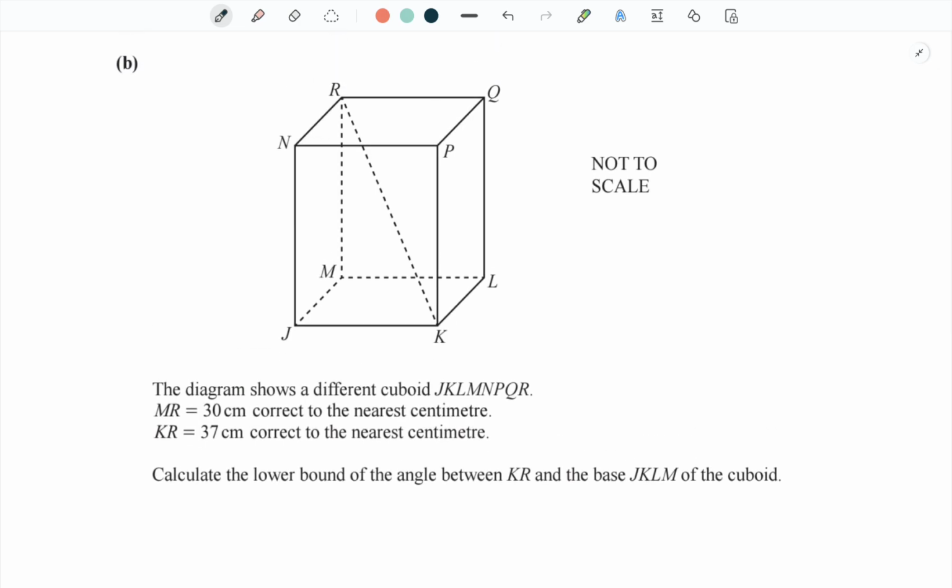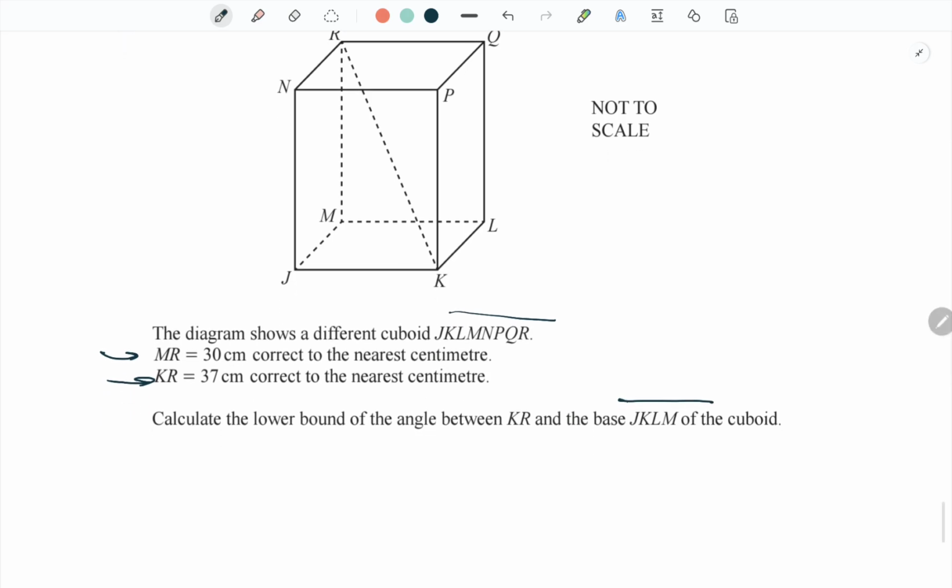We have again a diagram showing a different cuboid. We have MR is 30 and KR is 37, to the nearest centimeter. Calculate the lower bound of the angle between KR and the base of the cuboid. Okay, so first, 30 means the lower bound